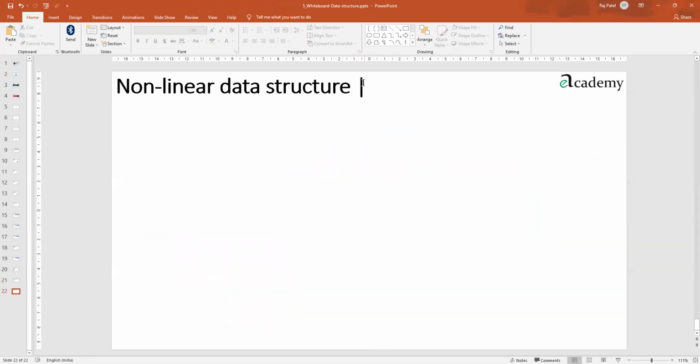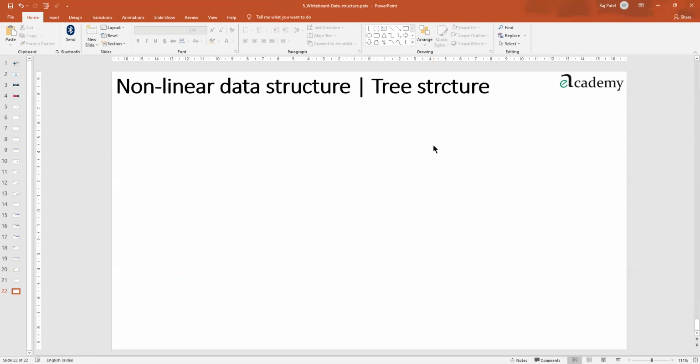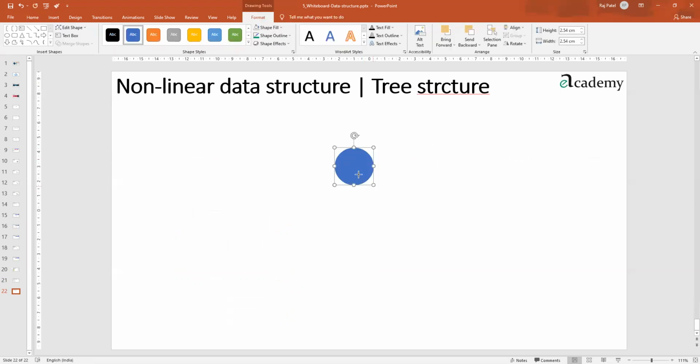We call it a tree structure, and that is also a frequently asked question, but not as much as linked list is asked. But the tree structure has also been asked. So if somebody asks me what a tree structure is, in a tree structure we have something called a parent node, and below them we have interconnectivity with the child nodes.